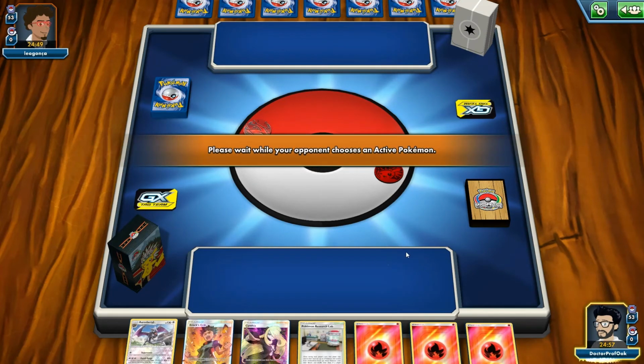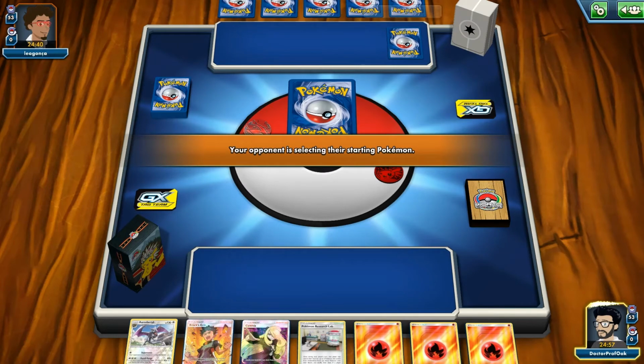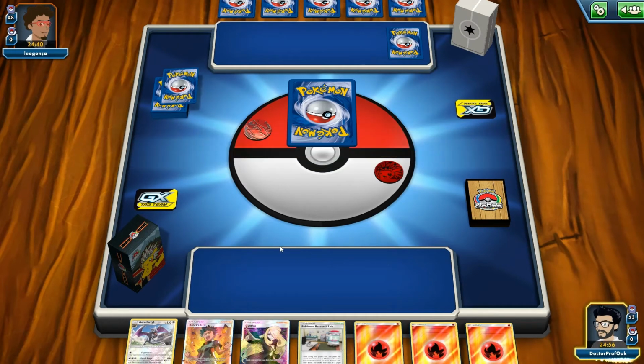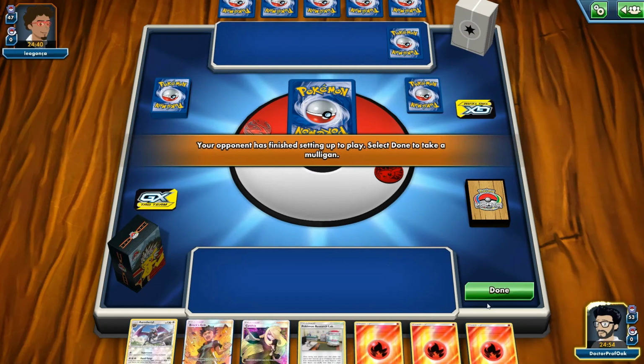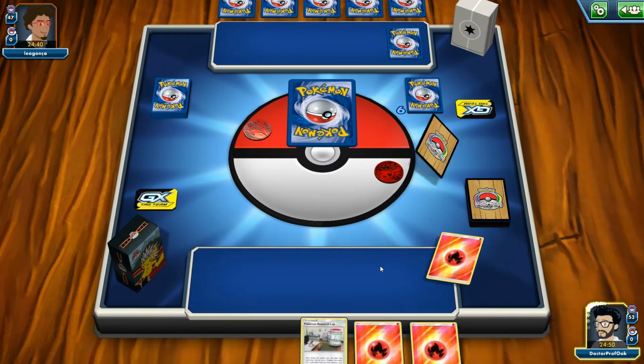Oh, give me the Jirachi. Give me that juicy Jirachi. 1 in 15 chance of getting that, right? That's the best chance you have first turn. 1 in 15 chance to get any card. And that increases because